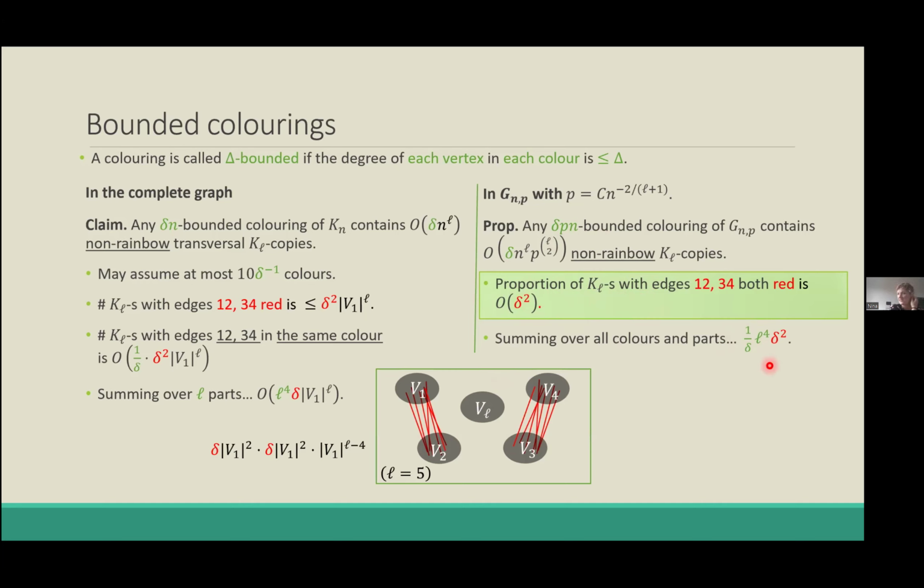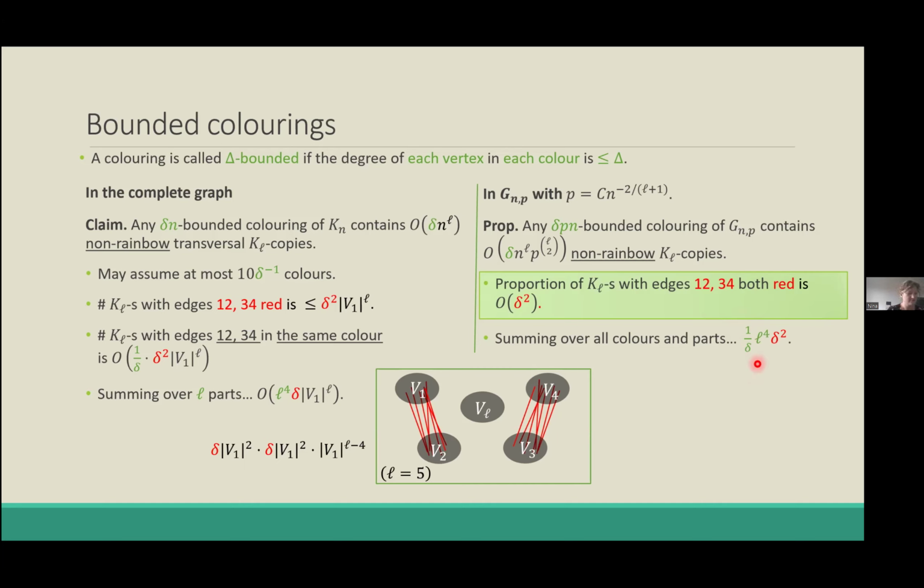And here I'm cheating in at least 2 important points, so you can ask about those. One important cheat is this 1 over delta. So it's not actually true that we have at most 1 over delta colors. We can have some very small colors, but this is actually the most difficult case. So the most difficult case is when you have 1 over delta colors and a delta proportion of edges in each one of them. And then it's not too difficult to reduce to this specific case.